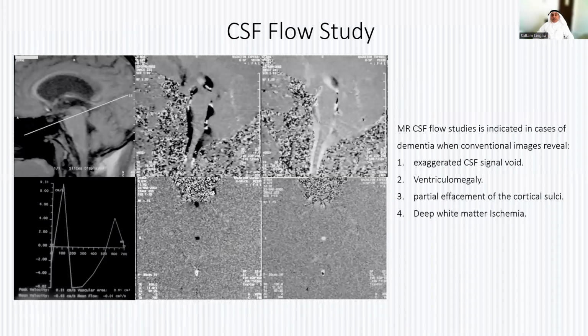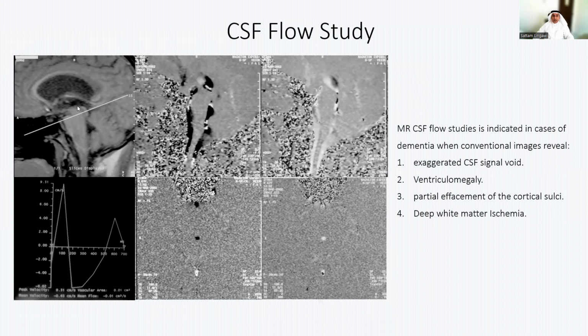So when you have a case of clinically suspected normal pressure hydrocephalus, and you do the MRI study and identify that there is bowing of the corpus callosum, ventriculomegaly, effacement of the cortical sulci, and significant dephasing artifact of CSF across areas of narrowing, then what you need to do is the CSF flow study, where you take one cross-section image across the